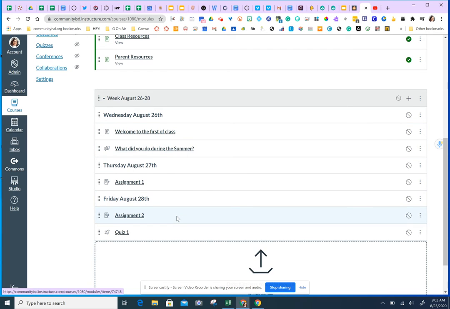Now, something important to notice, if you do not publish your module, your students will not be able to see it. So you have to publish your items, you have to publish your module. Now, once I publish the module, my students will be able to see everything. But right now, I don't have anything inside of these different boxes. So I am going to go to the welcome to the first class and just very quickly,